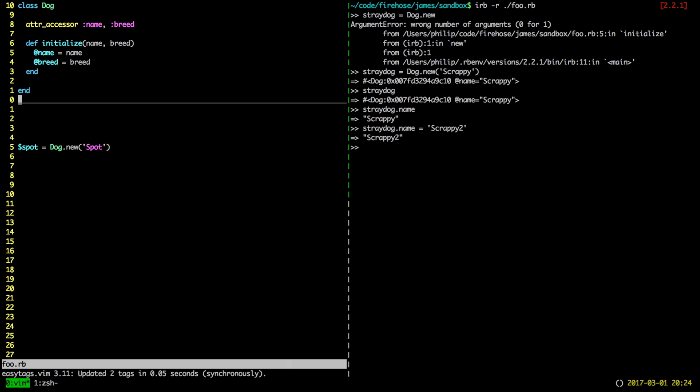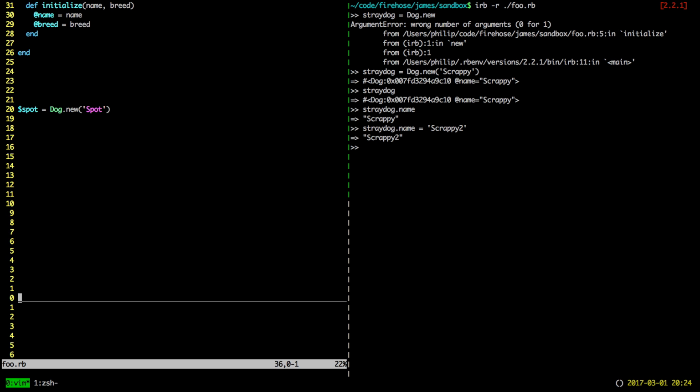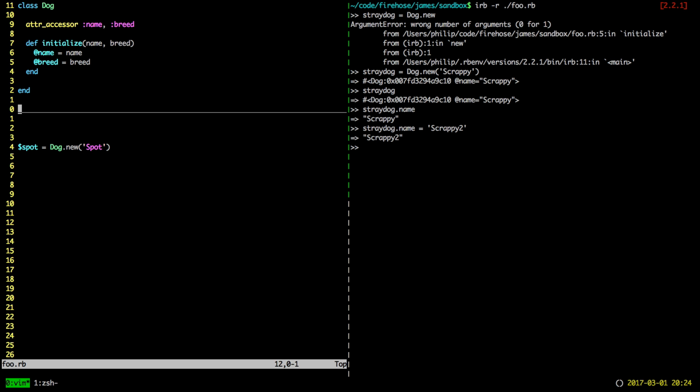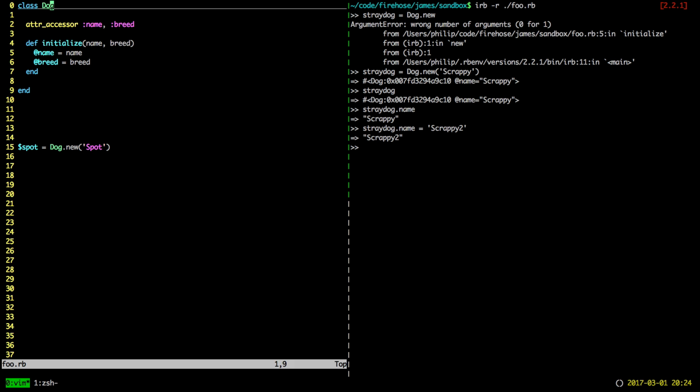Yeah. So this is a really common Ruby idiom. I would like you to get really comfortable with classes, where you would just go, I'll make a class to handle this, or I'll make a class to do this. And the more comfortable you are, like when you're doing linked lists and some of these challenges that Firehose throws in front of you, eventually you'll have a section of your code that's, I don't know, 30 or 40 lines of code. You're solving a problem, and that's a really good time to break it into smaller pieces. I don't really expect you to know how to do that right away, but the more comfortable you are building your own class,